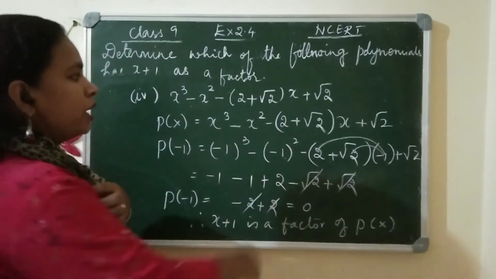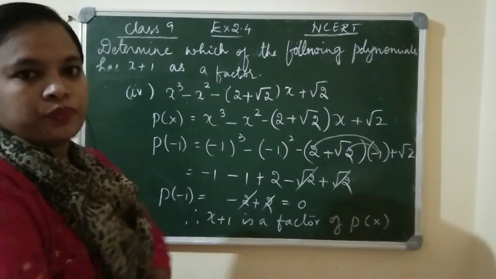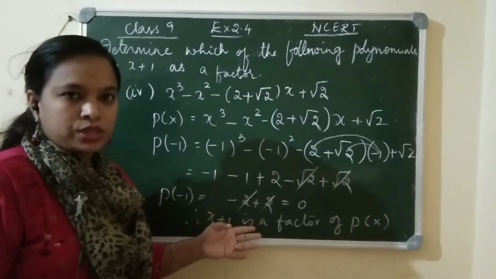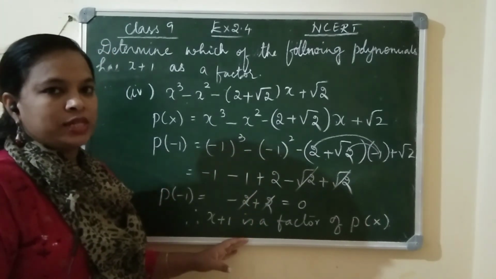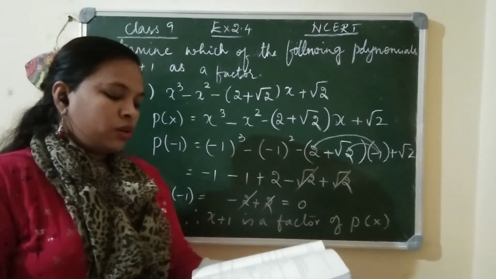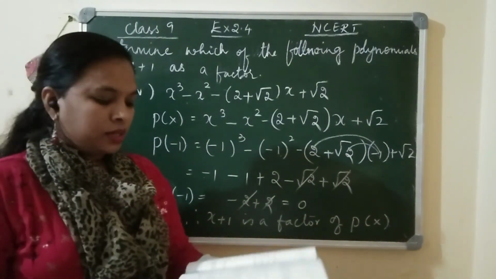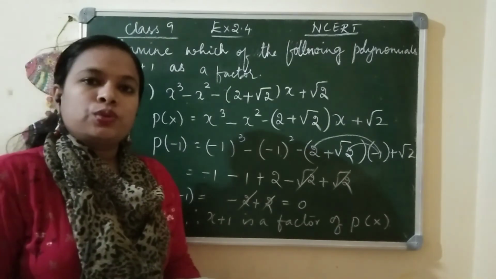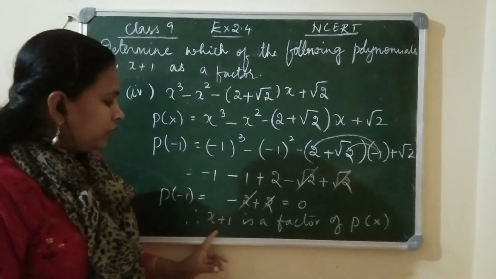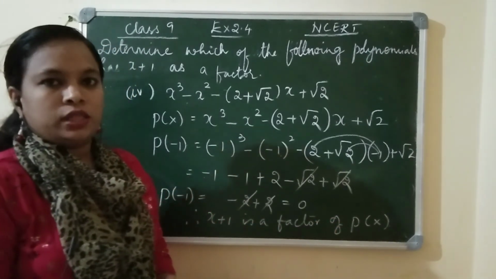Okay children, see, though you have root values, at last you are getting the remainder as 0. So by seeing the question, we cannot conclude whether the remainder is 0 or not. We have to substitute the value and see. This is how you have to see. So out of the first, second, third and fourth, the first one and fourth one are factors. The other two are not factors. So you know the reason. Once again I'll repeat, if the remainder is 0, then the given divisor is a factor of the dividend, otherwise it's not a factor.